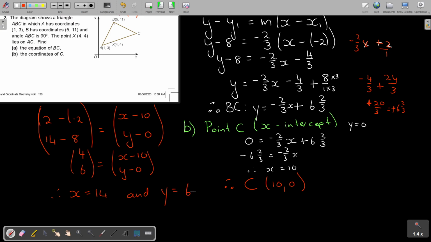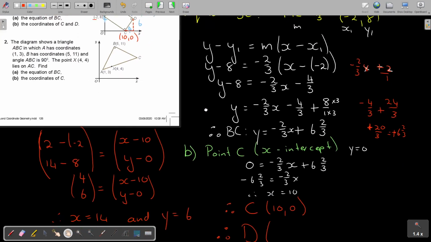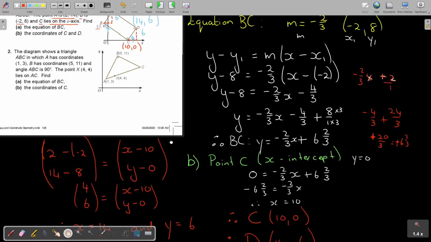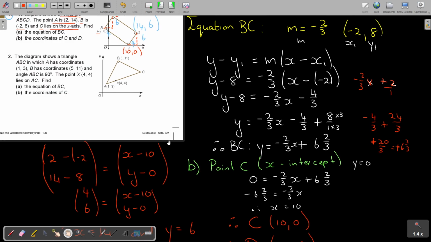Okay. And at the end, let's just see if I was writing the point D down. So therefore, I think I wrote it there on top. Can I just show you? 14 and 6. So it's 14 and 6. And that is going to be the question answered. What is the question asked you? Find the coordinates of C and